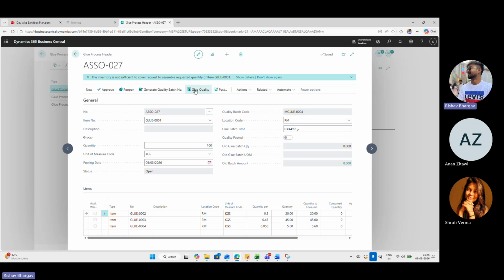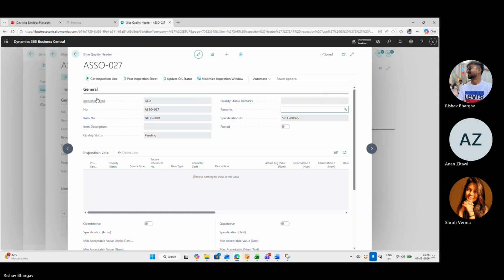So first we need to do the glue quality. For the glue quality, we need to select glue quality from the action button. It has the glue item, the number, and the item number for which we are doing the quality. The glue status will be pending, and you can add remarks if you want.